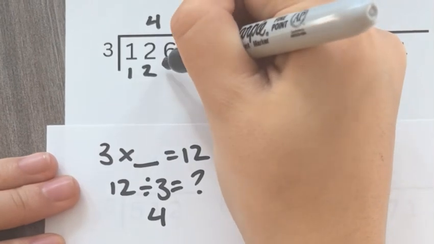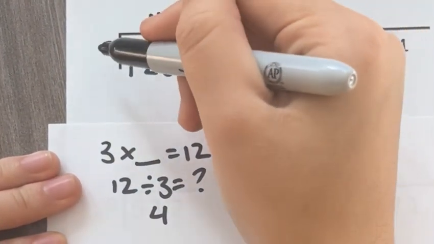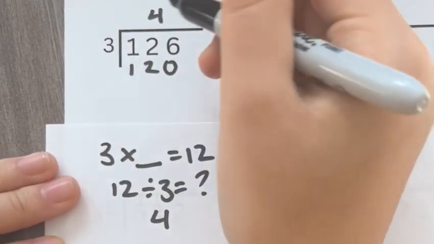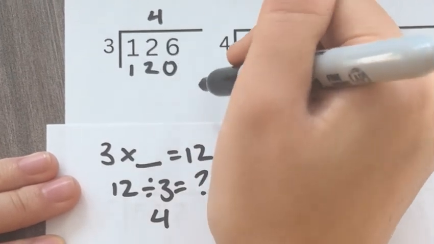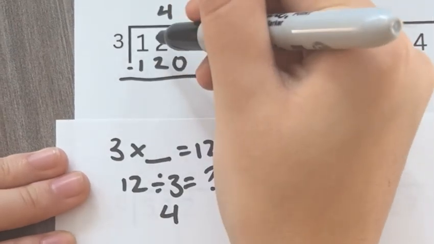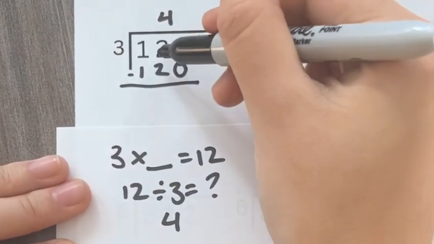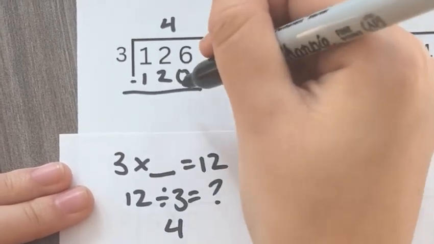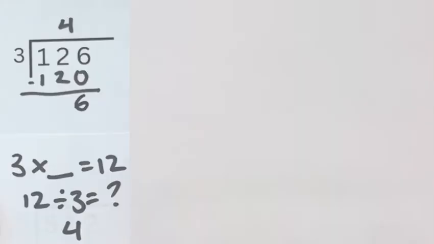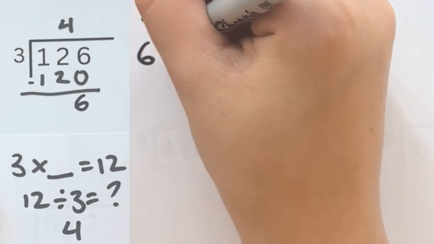Now we always add a 0 if there's an empty space, because we're assuming that 3 times 40 equals 120. But for now, we can just say 3 times 4 equals 12 and add a 0 at the end. Then we subtract the original number by the 3 times 4. So that's 120. 126 minus 120 equals 6. Then we continue. 3 times what equals 6, or 6 divided by